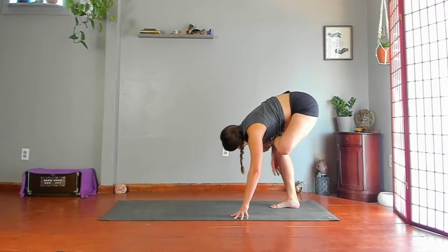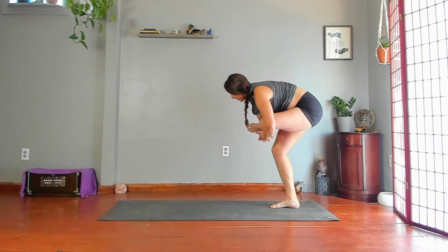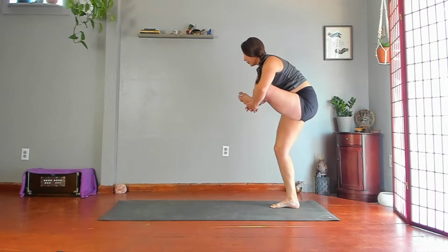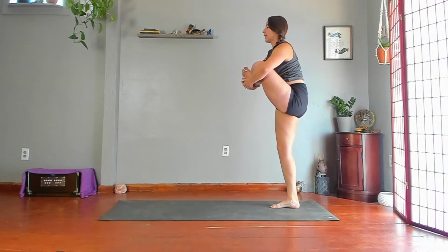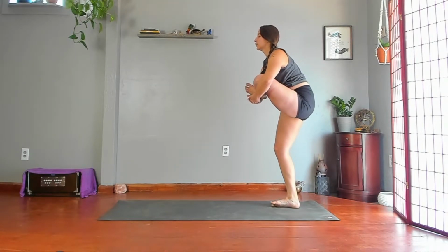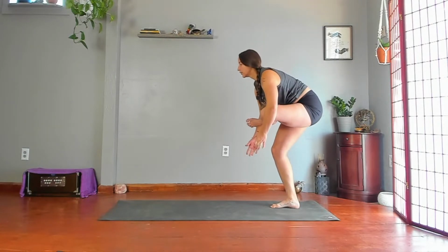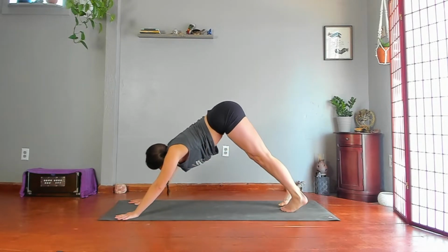Standing baby cradle, wrap arms around your leg. Gaze at a steady point. Stand up, take your leg with you. Push your left heel away from you into your elbow. Shin parallel to the floor. Try to unround your upper back. Pull your shoulders back. And slowly lean your hips back, torso forward, ankle to knee, hands to the floor, walk out, downward dog, plank